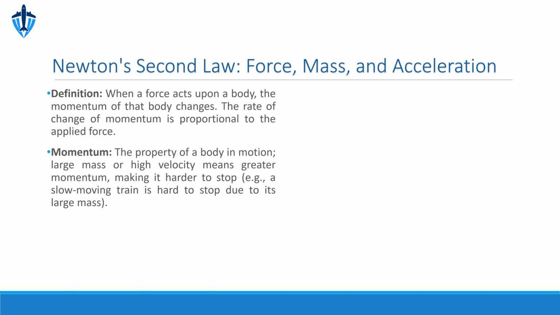Finally, let's explore the block and tackle system. This advanced setup uses multiple pulleys, integrating both fixed and movable types to achieve higher mechanical advantages. The key to determining the mechanical advantage of a block and tackle is to count the number of ropes directly supporting the weight. As shown in this figure, if there are 4 ropes supporting the weight, the mechanical advantage is 4. This means that if you're lifting a 200-pound object, you would only need to apply 50 pounds of effort to raise it. This system demonstrates how combining pulleys can significantly reduce the force required for heavy lifting tasks.